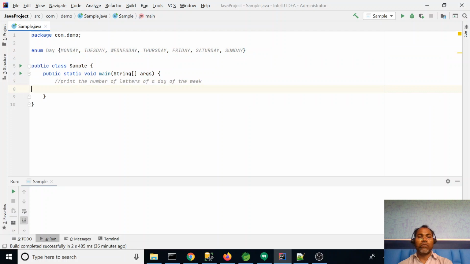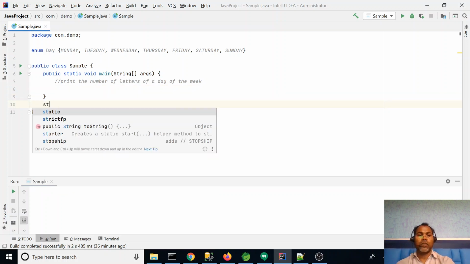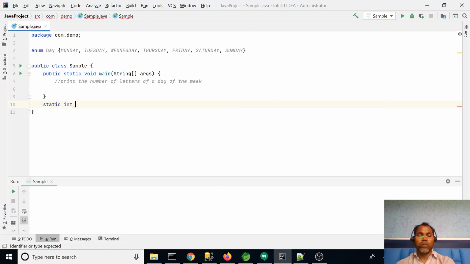Okay, so first I am writing one method that returns the count by switch statement, and it takes a day.